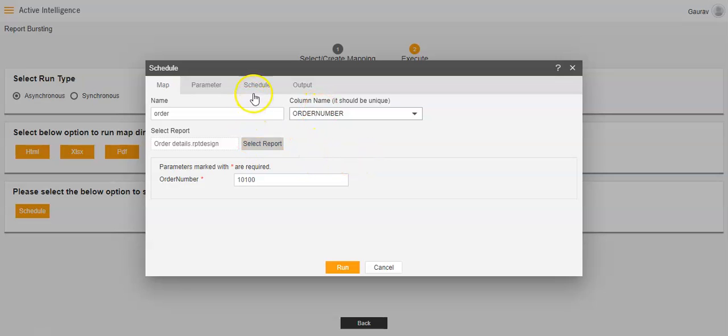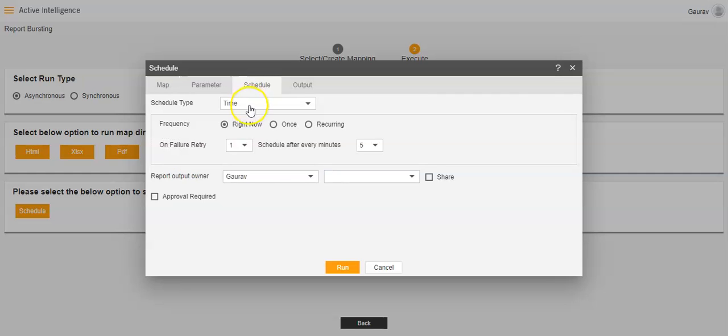Now here I will move on to the schedule. In the schedule, you can make changes. Like I said, in asynchronous, we have the right to make changes to the frequency of the schedule as per our own requirement. Like you can see over here, in frequency, you have the options and you can make changes as per your own requirement. But we do not have this right in the case of the synchronous scenario.